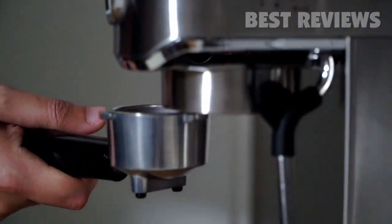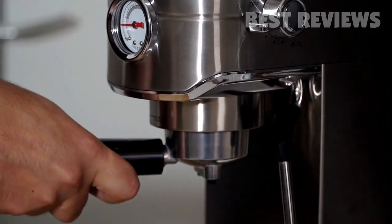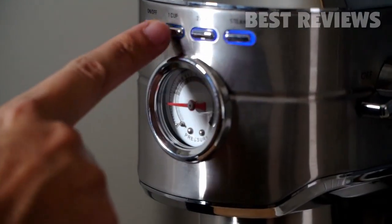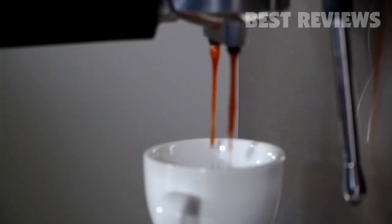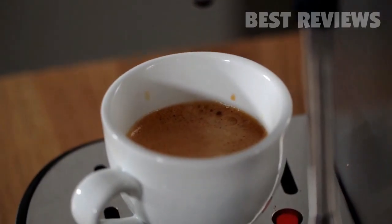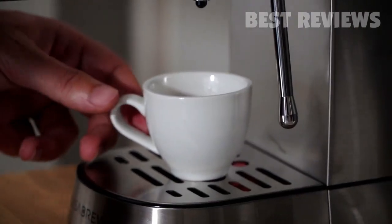Milk. The steam wand also lacks the bells and whistles of a more expensive machine, but was certainly capable of getting the job done. It took a little longer than most machines to preheat, and once it was in full flow, it made quite a bit of noise, but we were able to get a good quality foam once it